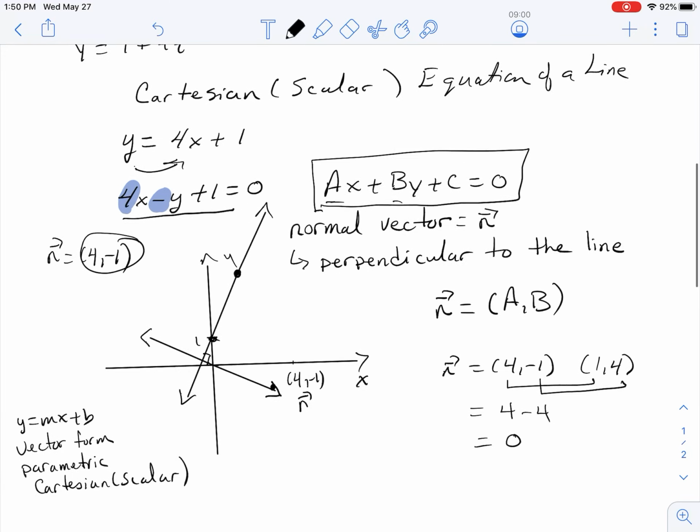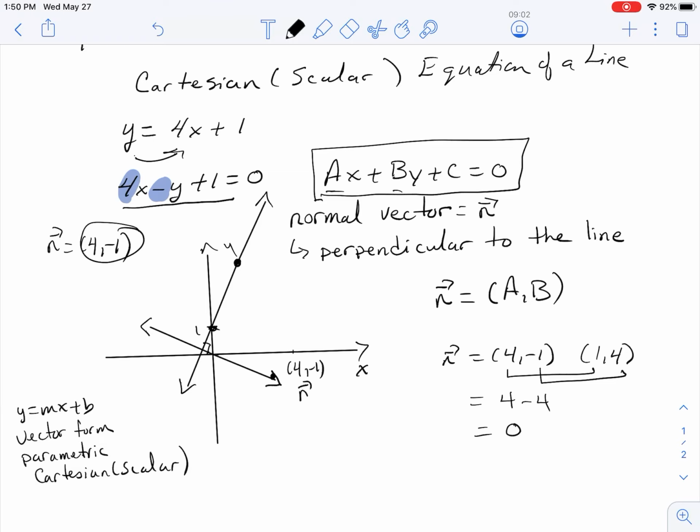So the normal vector is very, very useful. If you want to prove that two lines are parallel, you could look at the normal vectors and see if they are collinear to each other. So can you factor something out to make it look like the other one? Same thing if you want to prove two lines are perpendicular, you could take their two normal vectors and do the dot product. And we'll be seeing that coming up in a couple examples. Going to save that for the next